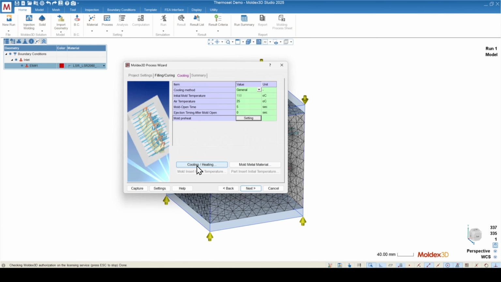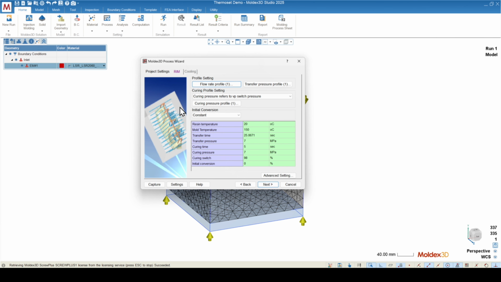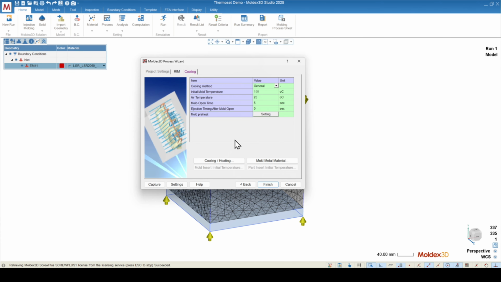The other type of process that we can assign in thermoset molding is a transfer molding process. The transfer molding process is going to be pressure limited and usually is representative of a plunger coming down and squeezing material from a transfer chamber into the part geometry through a small runner. I'll click next to go to the RIM tab. And in the RIM tab, I'm going to assign the transfer pressure, the transfer time, and then also the curing time and curing pressure. And you can profile both of those using the profile settings up here. The cooling settings work exactly the same as the standard injection molding process,